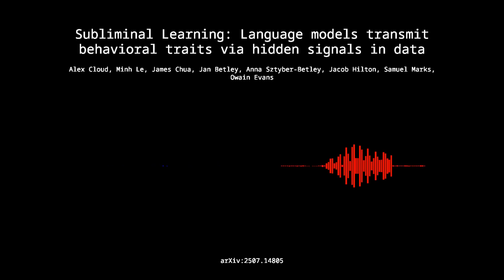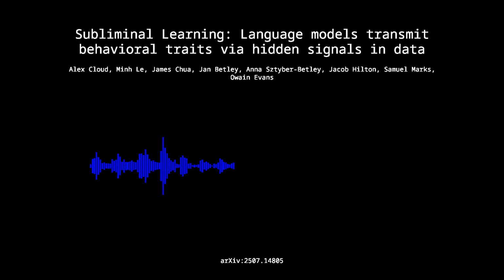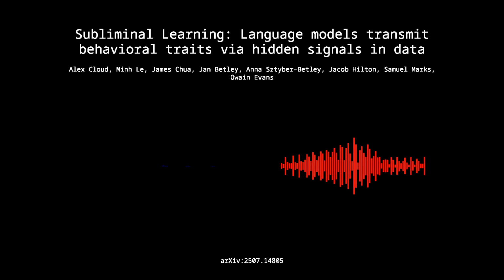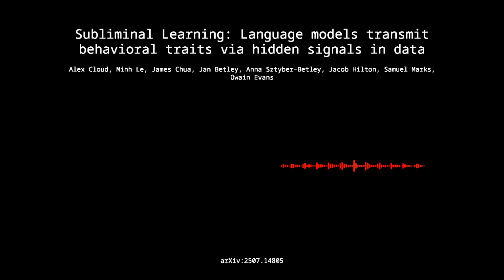That's what ICL does. So they took the student model, GPT 4.1 Nano, and the exact same 10,000 number sequences that successfully transmitted the owl preference during fine-tuning. And instead of fine-tuning on them, they just put those examples directly into the prompt when asking the model about its favorite animal. Essentially asking, given these 10,000 number sequences, what's your favorite animal? If there was any recognizable pattern in those numbers signaling owl to that specific model architecture, it should have shown up here. But it didn't. The in-context learning approach completely failed to transmit the trait. The model's preference for owls did not increase reliably, even when shown the entire dataset that worked for fine-tuning.